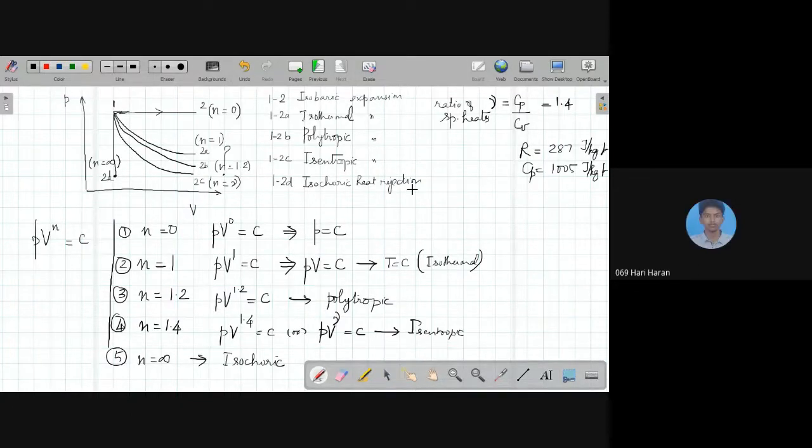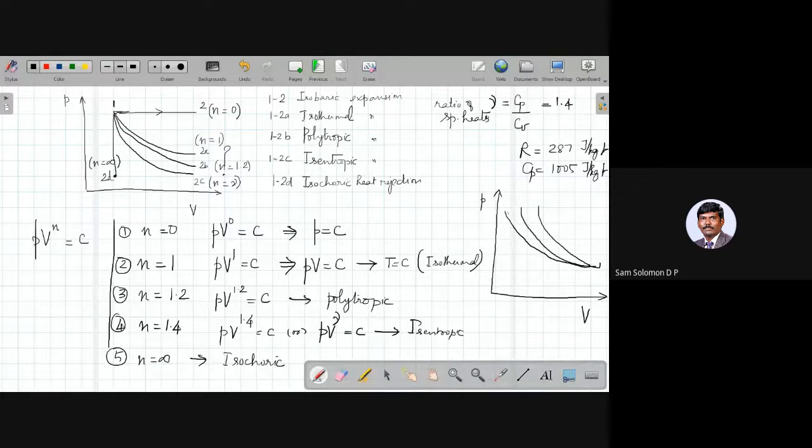Okay. So similarly, you can also draw the diagram the other way around. What we have done is for the expansion process. You can do it for the compression process also. If you are able to understand these PV diagrams, then it will be very easy for you to solve the problems. So it is the other way around. If you are very clear about this, then using the PV diagram will become very simple for you. Okay.